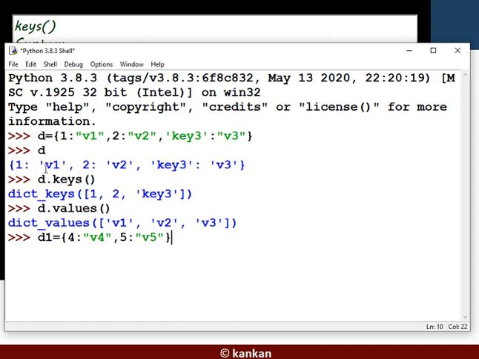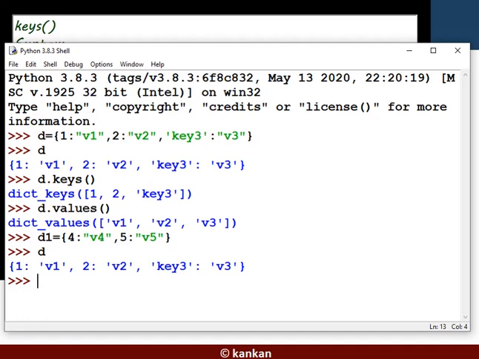These are the values of d. Keys 1, 2, 3 are the keys and the values are v1, v2 and v3. Next, I would like to update d. This is d1, and these are the items of dictionary d. Now add dictionary d1 to dictionary d.